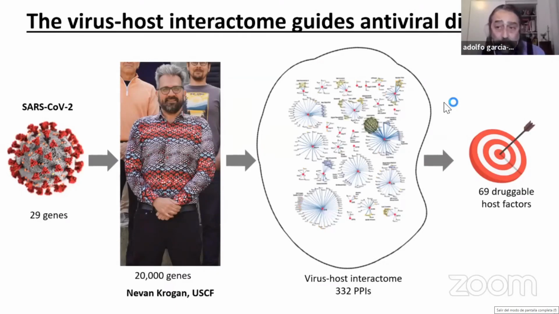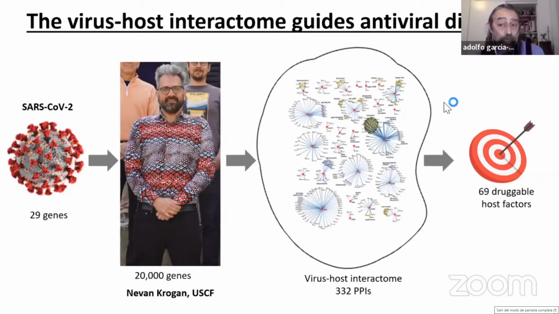was identify all the proteins that are encoded by the virus, which is a total of 29 different proteins. And then he expressed these proteins individually in human cells, and then determined, by finding the host proteins that bind to these 29 viral proteins, what host proteins are interacting with these viral proteins. This is what is called the virus-host interactome. And he identified a total of 332 protein-protein interactions.